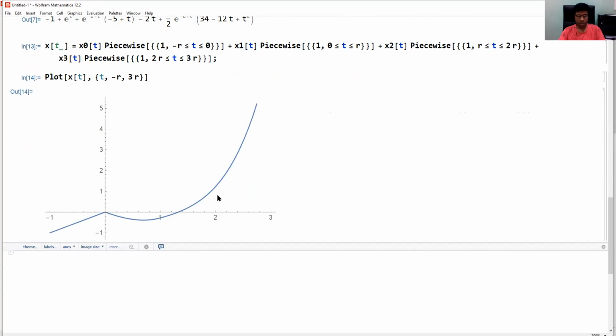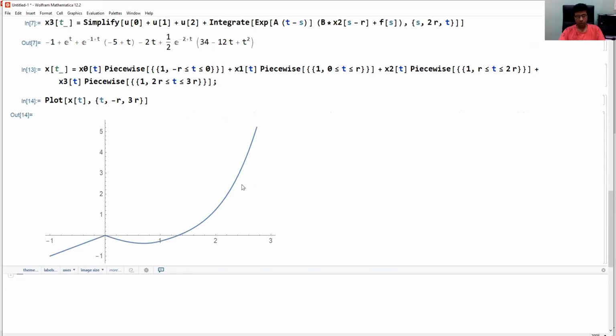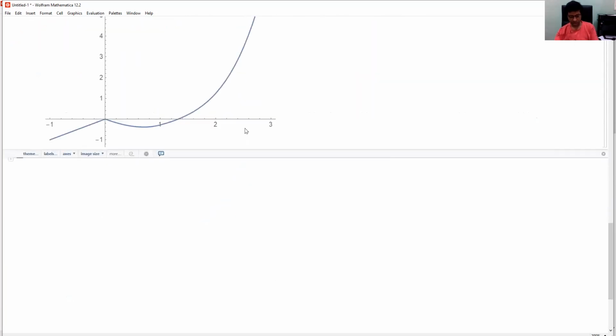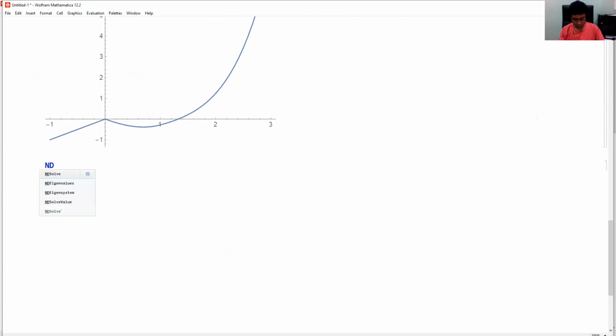Now what we are going to do is solve this delay differential equation using NDSolve, which is a numerical method available in Mathematica, and we will compare this solution with that numerical solution. So the command is NDSolve. Of course, we should call this by some name. Maybe we call it S or whatever you want. NDSolve, then square bracket.